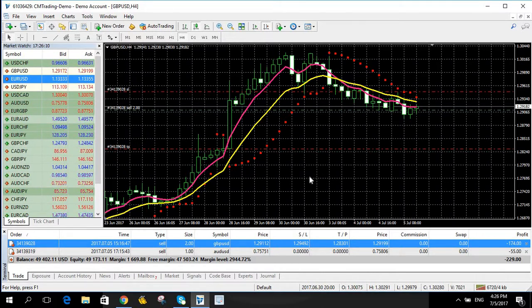Number 8, do not place a trade against the trend if you are not well versed with counter trading or it's not your actual style of trading. Not because a trade is moving against you, so you decide to counter trade it. What it means is that you place a trade, this is a sell, and you see it going up, so you place a buy. No, this can be going and then it will automatically just change and be here. So you don't have to do that. Always stick to your position. It is very, very important.